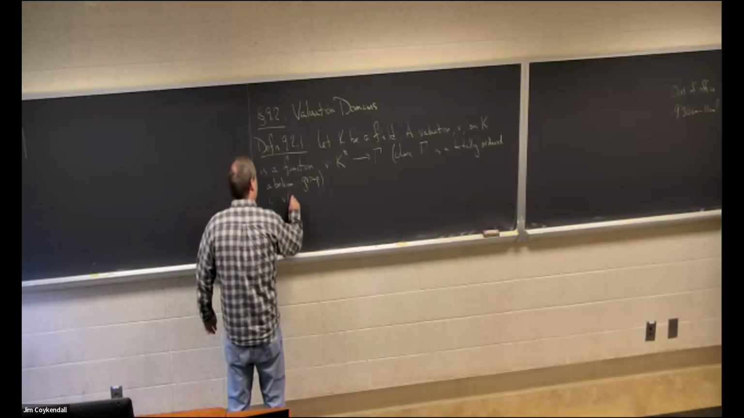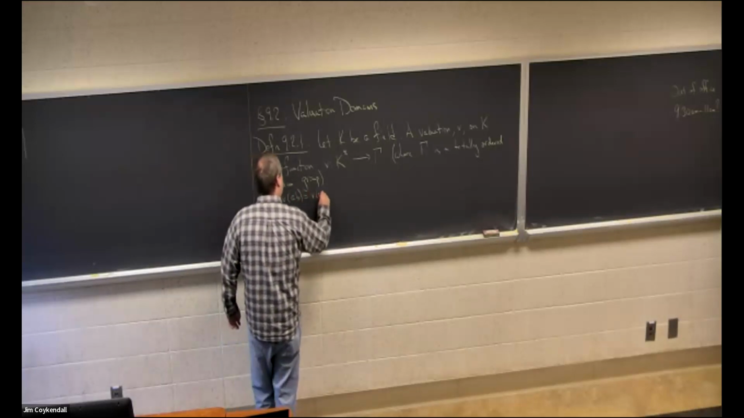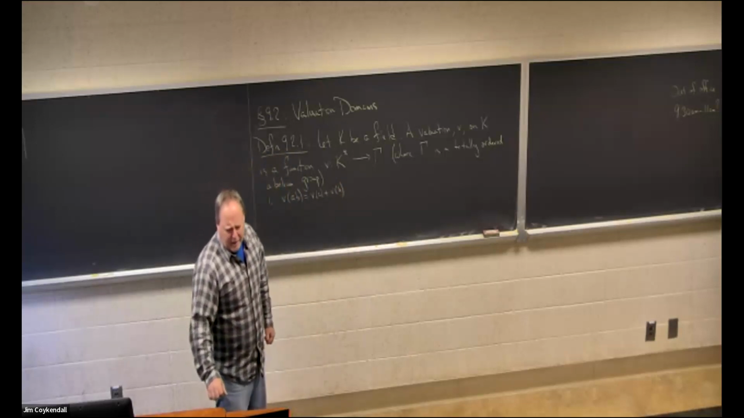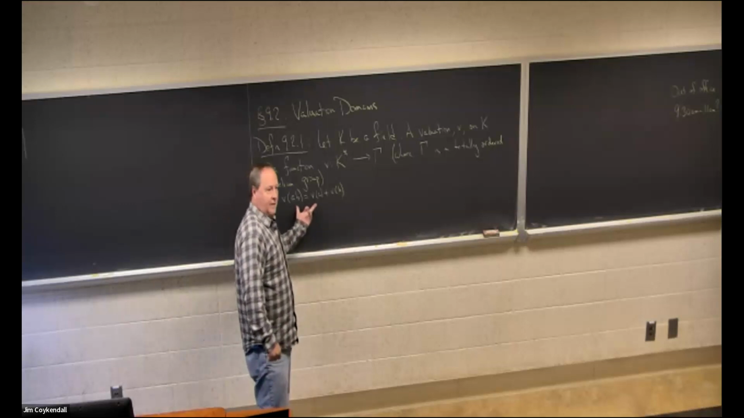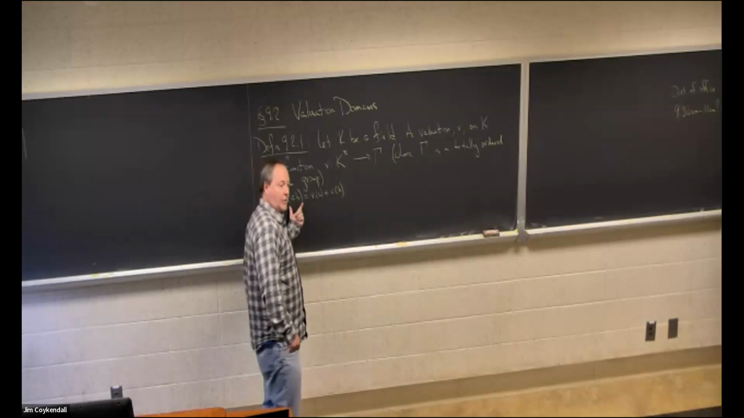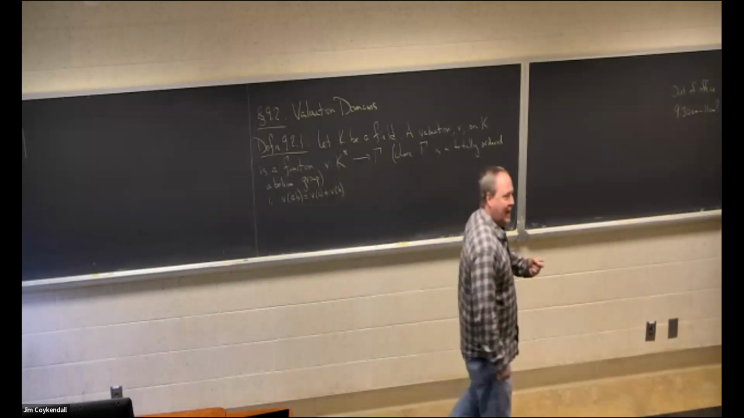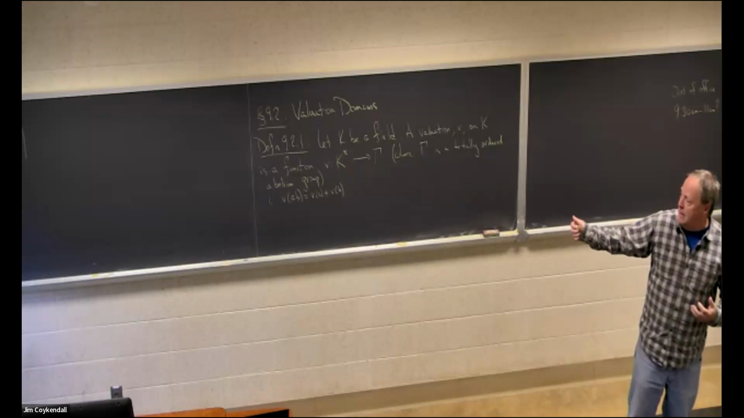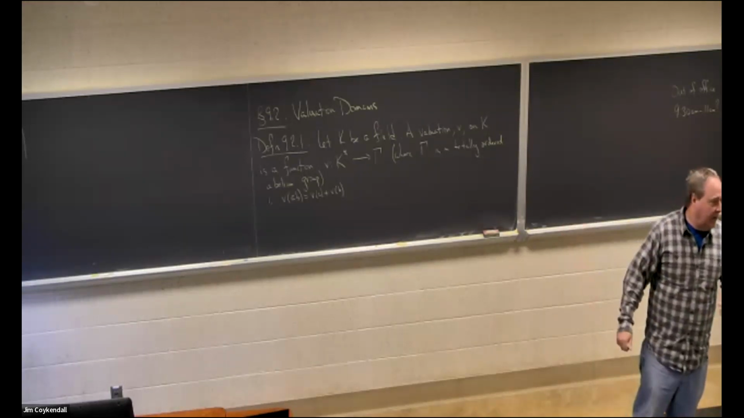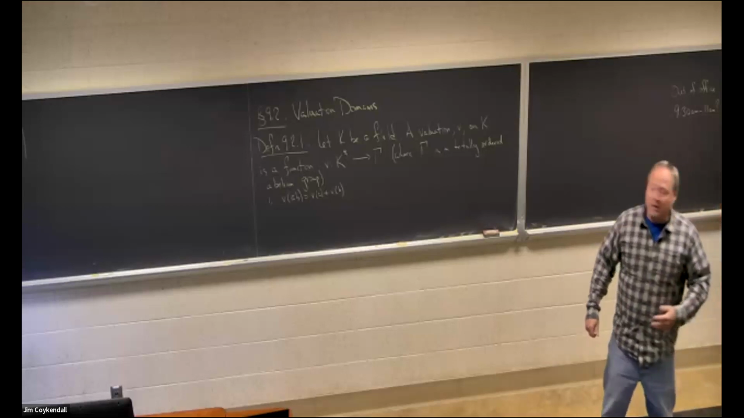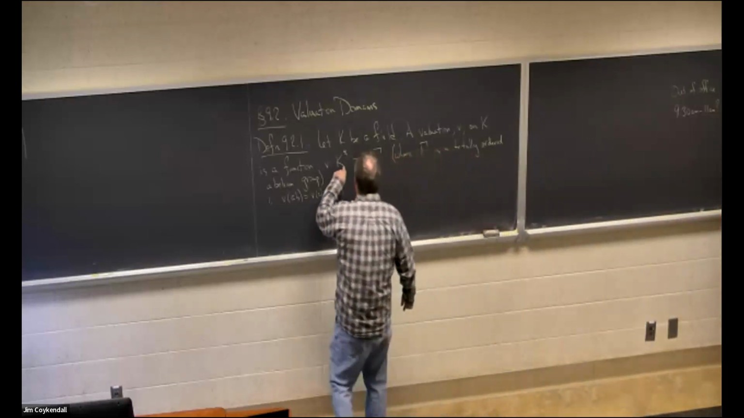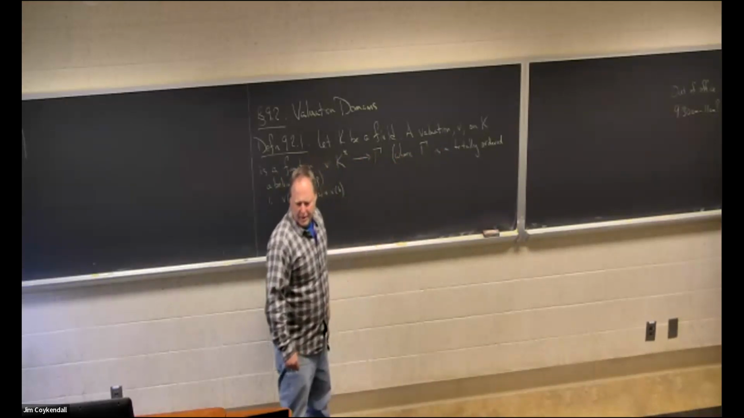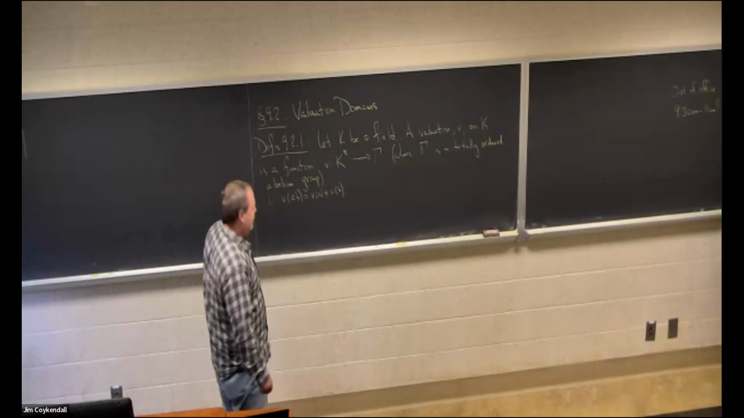Number one, I want V(AB) = V(A) + V(B). So basically, this one says it functions like a logarithm, right? It's a homomorphism from the multiplicative group of the non-zero elements of the field into whatever this totally ordered abelian group is. And two,